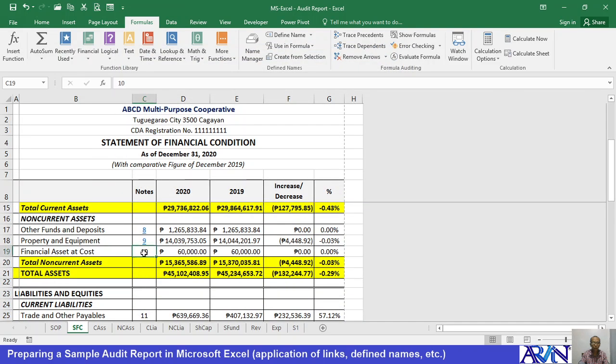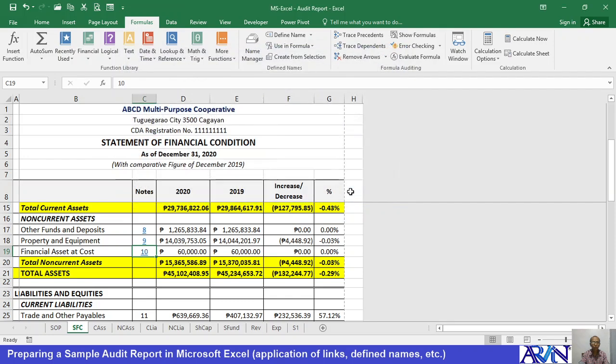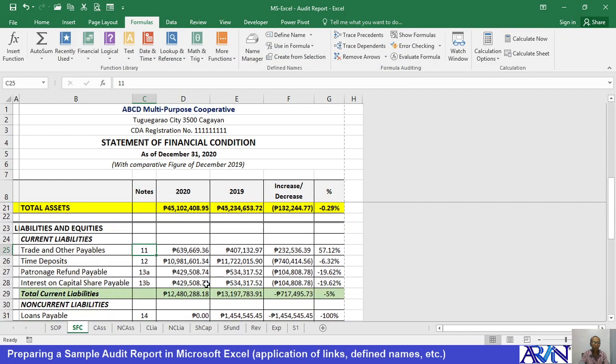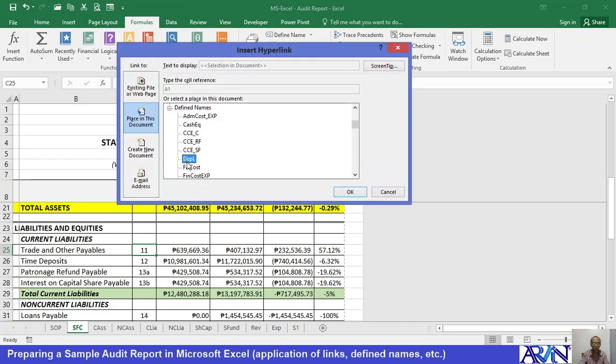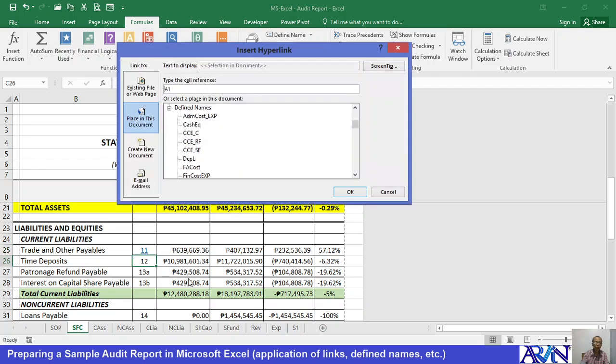Okay, for note number 10, for example, financial asset at cost, I'll create a link going to that area, financial asset at cost, FA cost. And then for 11, trade and other payables, Control K for hyperlink. I'll look for the name of trade and other payables. Trade and other payables. For 12, Control K,